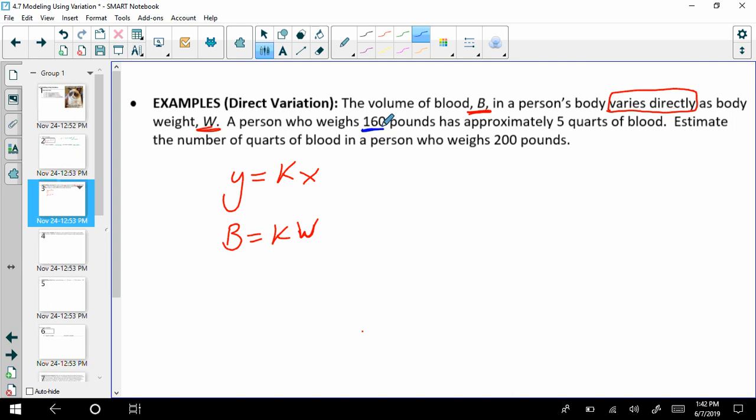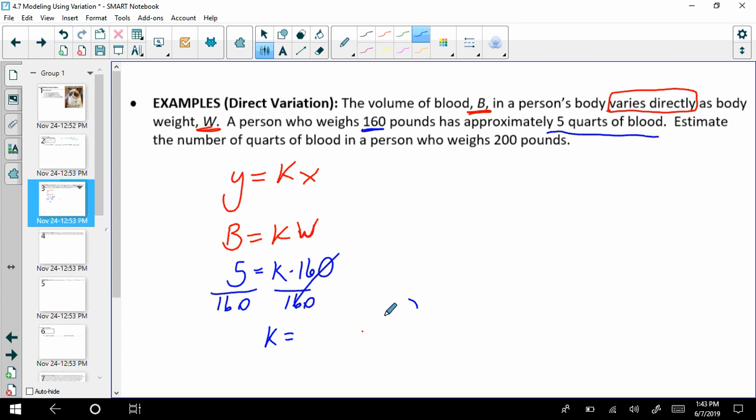And you should say w because it is a weight. And on the other side, we have 5 quarts of blood, so that's b, that's the volume. So now I'd like you to solve for k, so I can divide. So k equals,